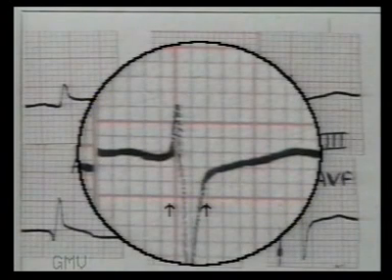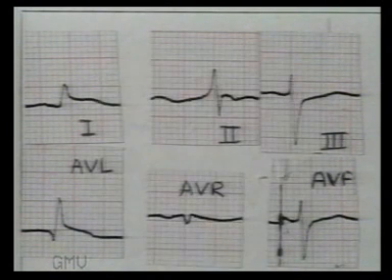Coming to QRS complexes in the limb leads, the QRS duration is 2.2 millimeters, which is normal. Lead 1 shows positive QRS and lead 3 shows mainly negative QRS, so left axis deviation is present. There is a Q wave in lead AVL which is 2 millimeters deep and 1 millimeter wide, suggesting an anterior infarct.